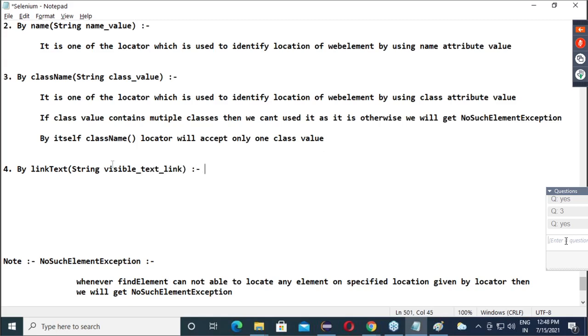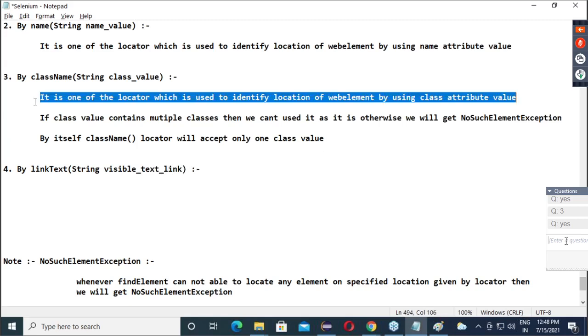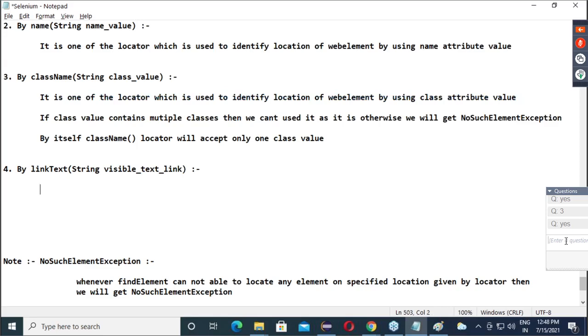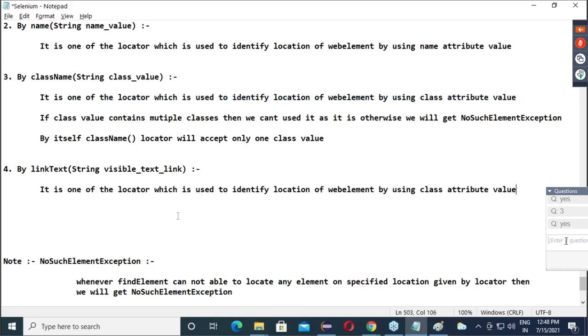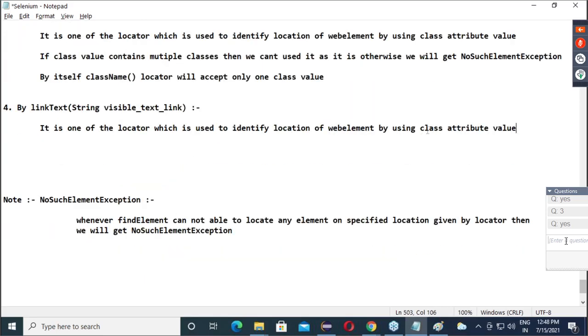So now guys, we will say this line is common. It is one of the locators which is used to identify the location by using the visible text of the link.